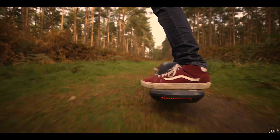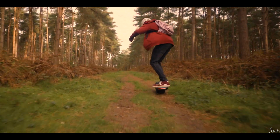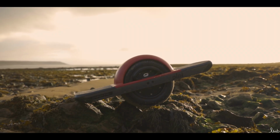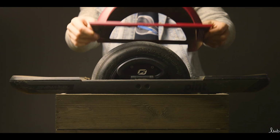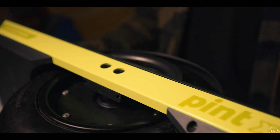One of the final things I wanted to talk about with the specification is how there are cross-compatible parts between the Pint and the Pint X. You have the same tyre, the same fenders and fender deletes, the same mag handles, the same foot pads, and